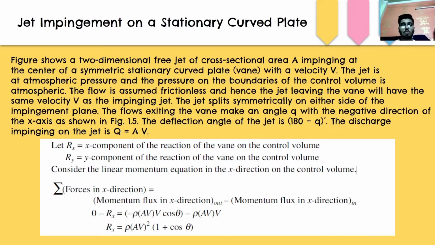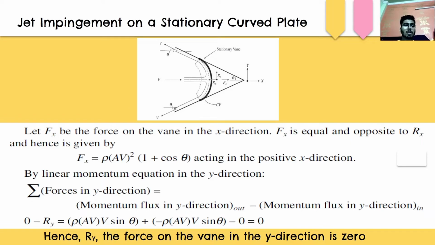This is the image showing the curved plate situated at the center, and the jet is water, which gets separated to the right and to the left direction. Now let Fx be the force on the vane in the x direction, which is equal and opposite to Rx. We represent this as rho A v squared into 1 plus cos theta acting in the positive direction of x. Now by the linear momentum equation in the y direction,